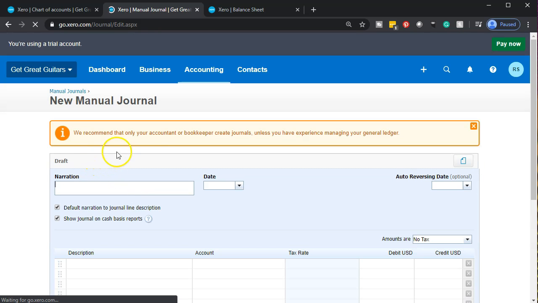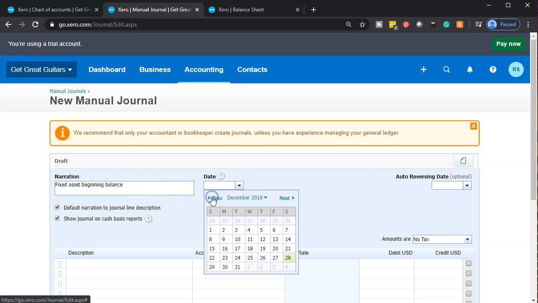And then we recommend that only your accountant or bookkeeper does the journals. We should use forms for most things, but this is the beginning balance. So this is going to be fixed asset beginning balance. And then we're going to say this is going to be as of the end of December